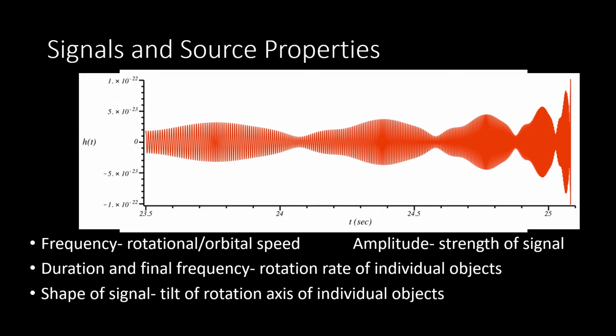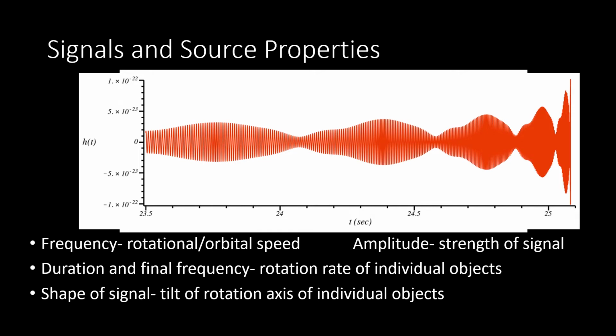And you can see that the overall shape of the wave is not symmetric anymore. It's got some weird patterns to it. And by looking at this shape, we can actually measure not just the rotation rate of the individual objects, but the axial tilt of those objects too, which is pretty amazing. So we can know exactly how a star or even a black hole is tilted